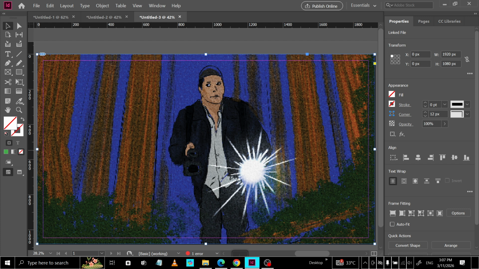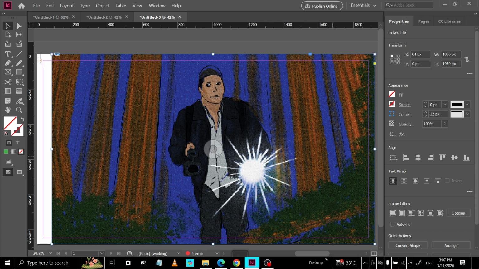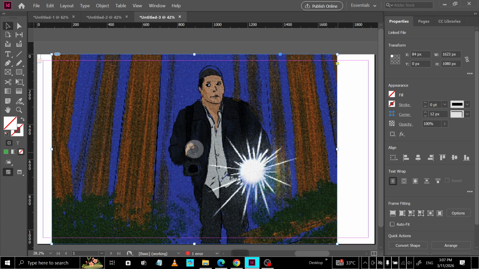Fit Content to Frame will force the entire image to fit inside the frame, which can introduce empty areas if the proportions don't match, but you'll see the whole image. Experiment with these fitting options until your image looks the way you want. With these steps, you can confidently place